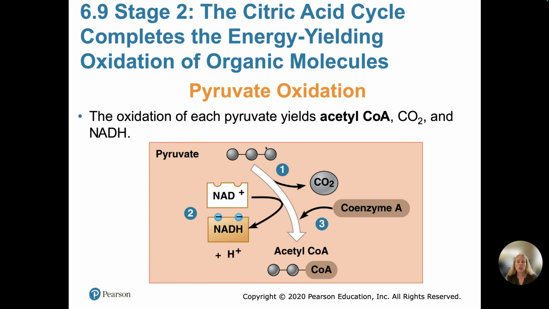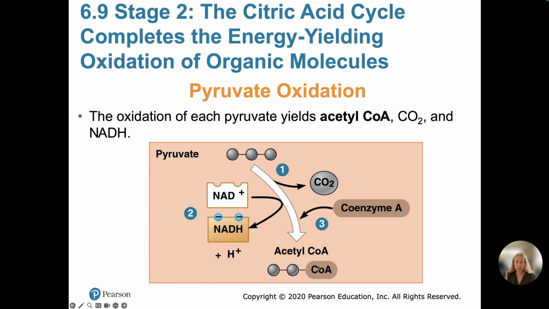The oxidation of each pyruvate yields acetyl-CoA as its product, carbon dioxide as a byproduct, and more NADH molecules. So in the first step of pyruvate oxidation, some chemical changes occur and carbon dioxide is given off as a byproduct. In step 2, NAD plus is reduced to NADH again, which means that our carbon molecule has been oxidized. In the third step, coenzyme A is added to the carbon, which ends us up with